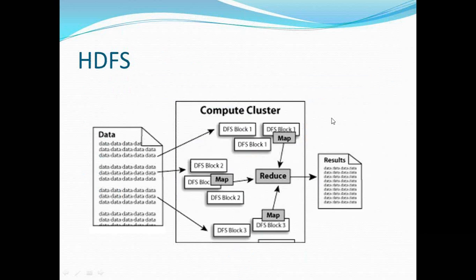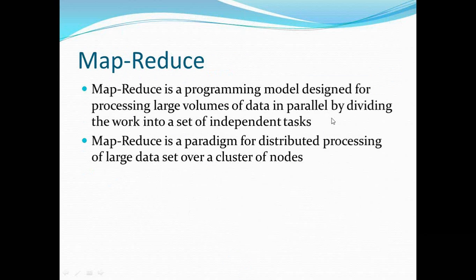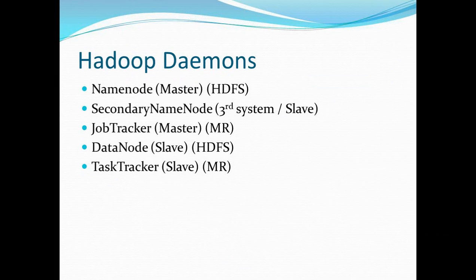Let me go ahead. We have seen this. This is for MapReduce. Now guys, these are the Hadoop daemons: name node, secondary name node, job tracker,